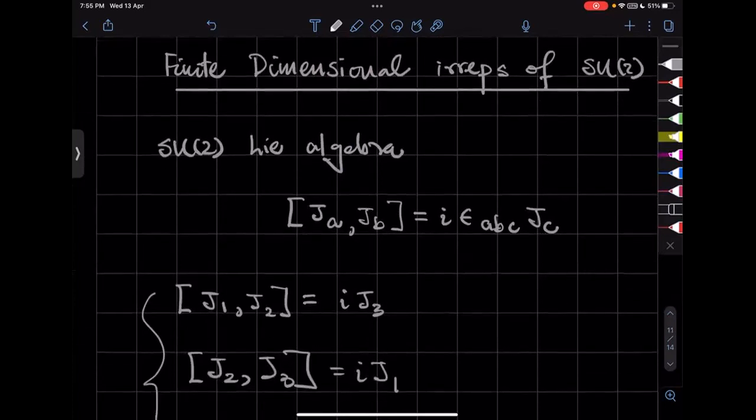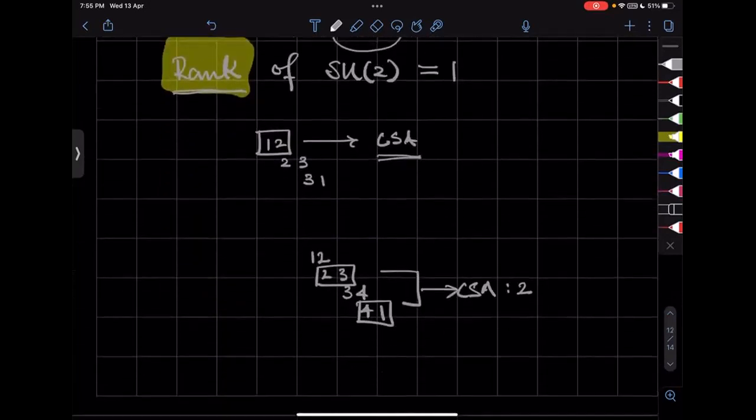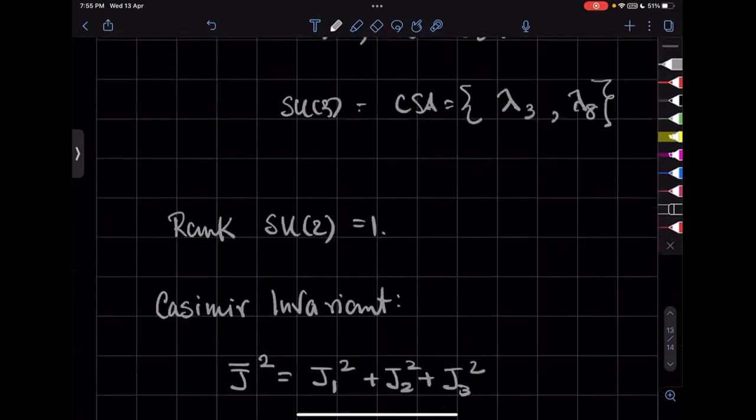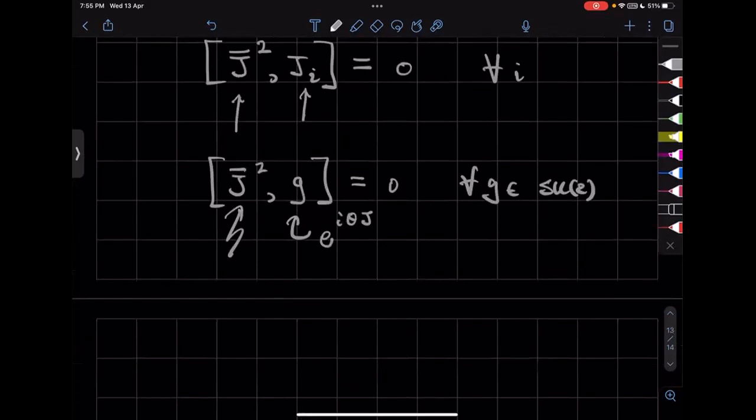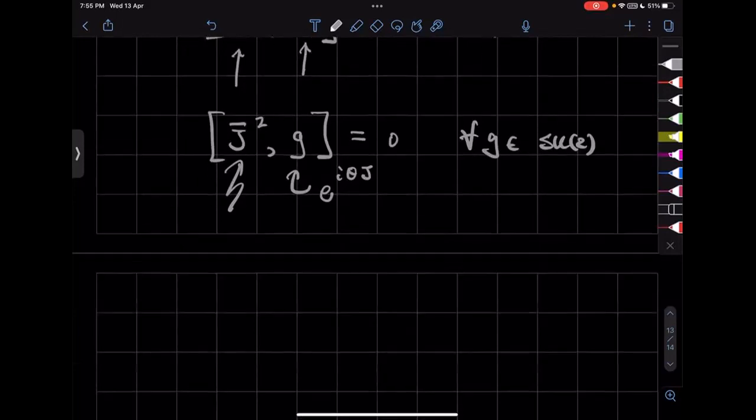Suppose we have those J matrices. In that space of matrices, what would J squared be? Oh, it would be a multiple of the identity. Exactly. So according to Schur's lemma,